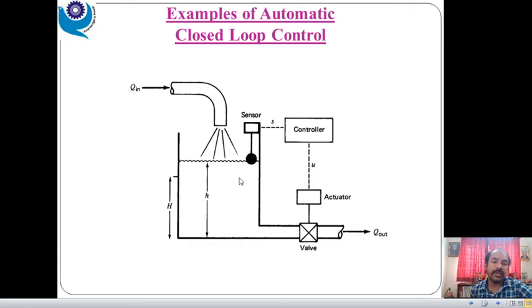So the actuator will operate this valve to turn on, or you can say turn off, accordingly, right? When the level of the water decreases, obviously this actuator will turn off this valve. When the level of the water increases, at that time this actuator operates in such a way that it will turn on this valve to flow the water. So it is continuously automatic, because we have connected an electromechanical sensor which senses the level of the water. There is no human being as such. So this is called an automatic closed loop control system.